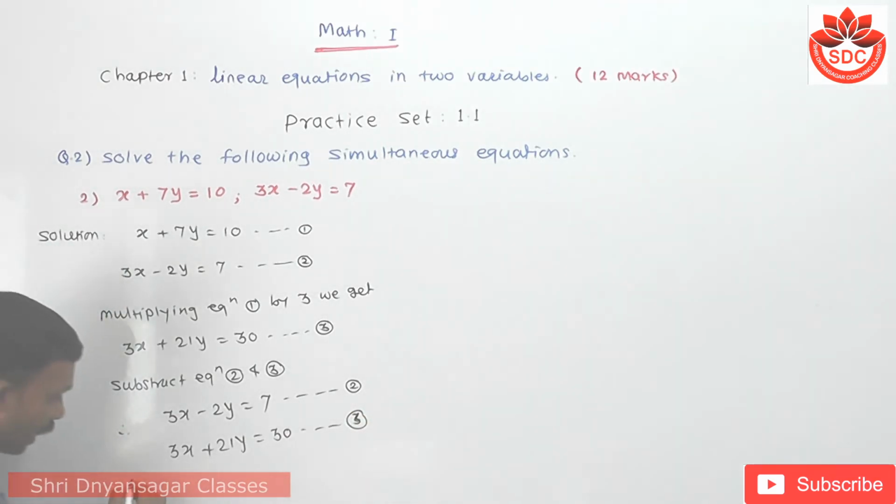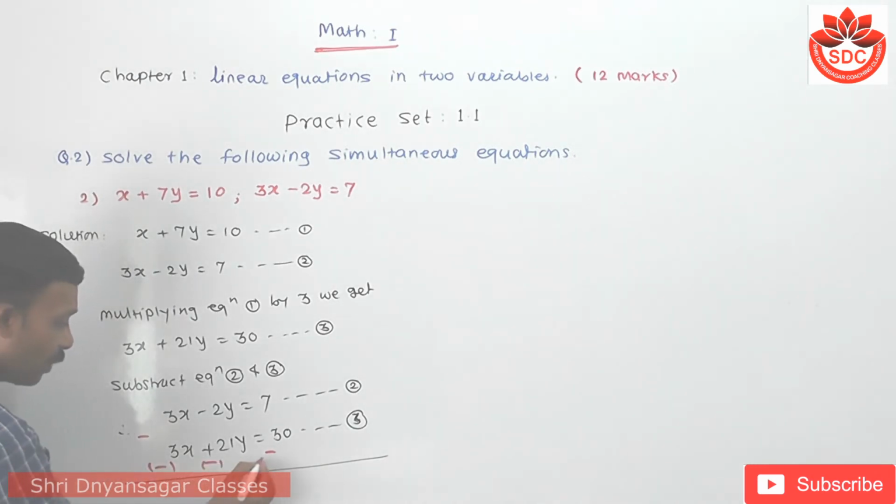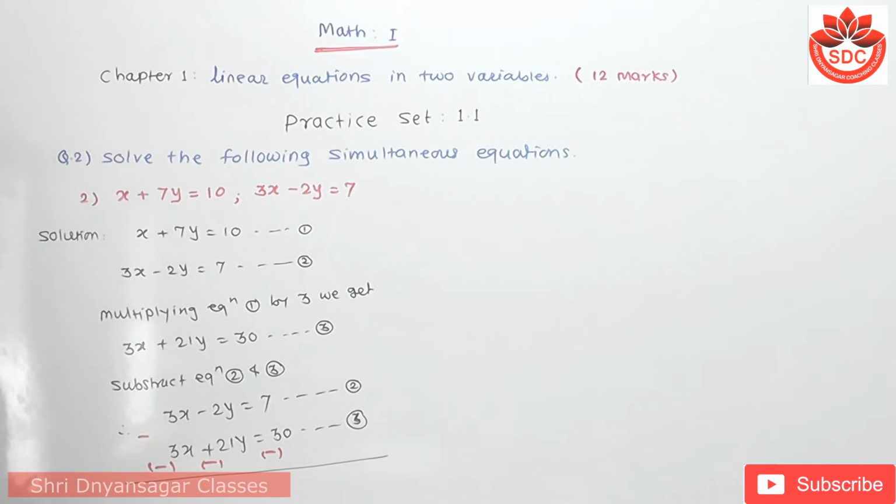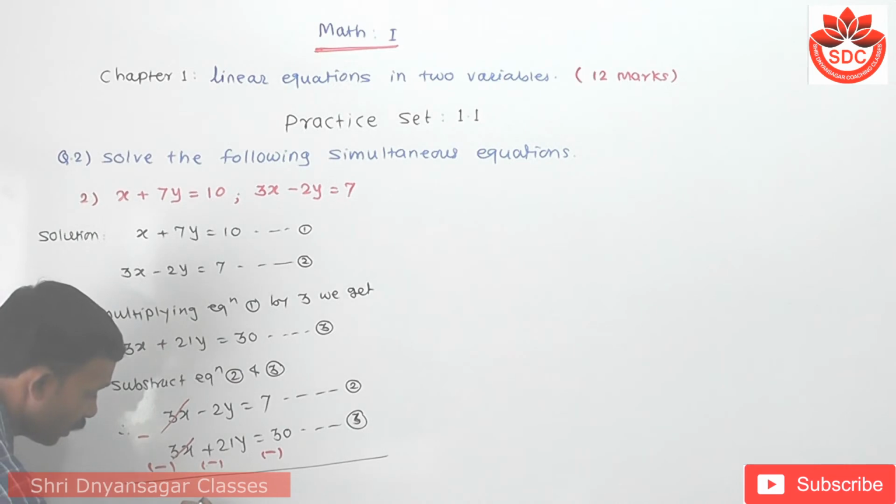Then we have to subtract it so that the signs of the second equation will change. Means that this is minus, this is also minus, this is also minus. Now when the signs are changed, then by using this sign we have to subtract it. Now then plus 3x and minus 3x get cancelled. Then what is the subtraction of this minus 21y and minus 2? Now observe carefully, both having minus sign, so we have to add these two so that this subtraction is minus 23y.